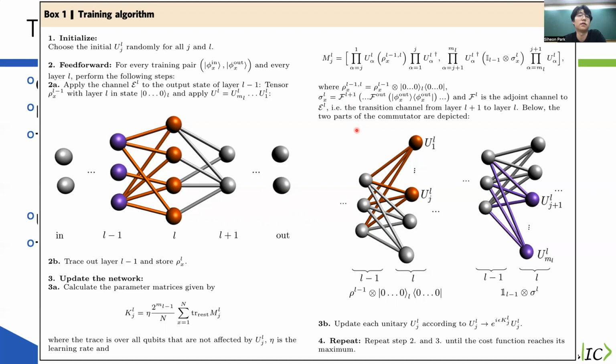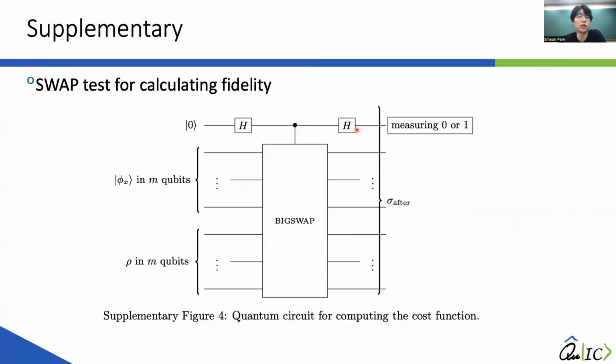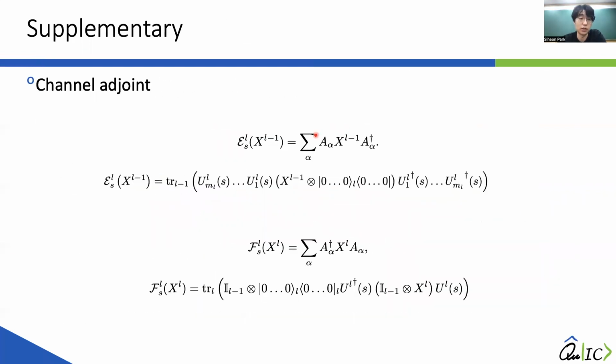Let me first explain what the adjoint channel is. Generally, the channel can be defined like this, and it can be rewritten in the cross operator form, right? So we're taking the adjoint of this form, and which is the same as this one. So that's the adjoint channel. So if we multiply these two and take the trace, it should be